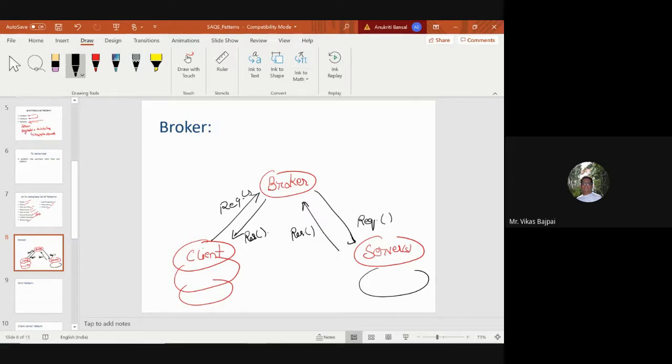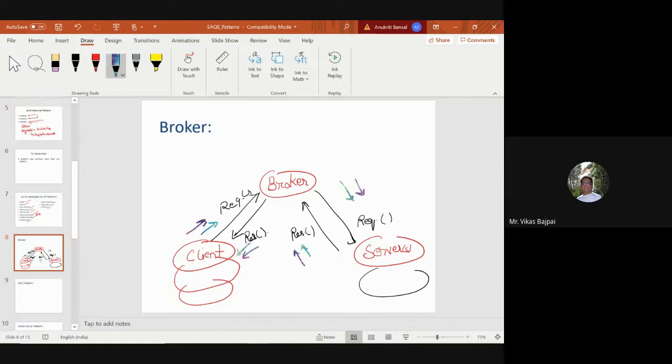Yes, very correct. Now, what we see is that we have a series of requests from this end, and that is redirected to the servers. In return, we get the response, which once again gets redirected to the clients.